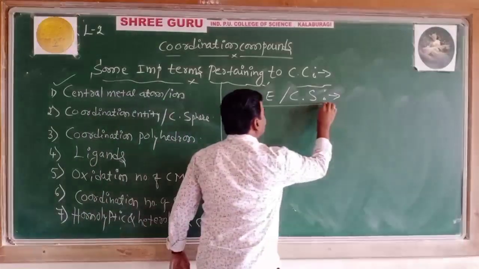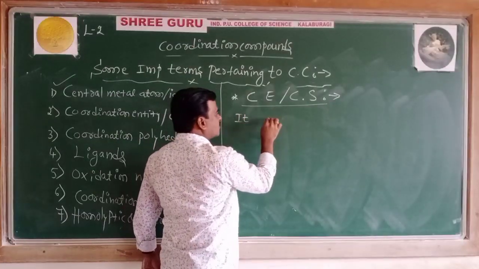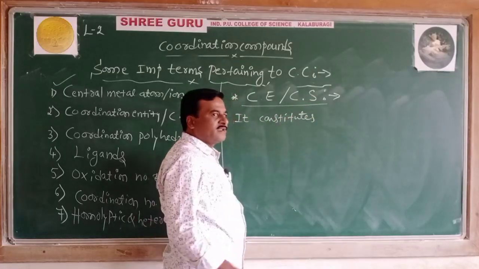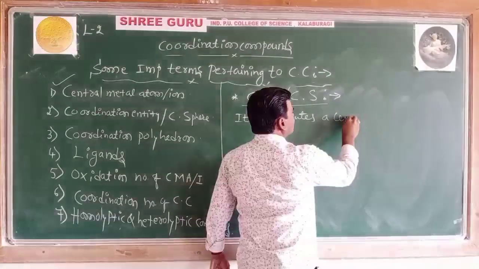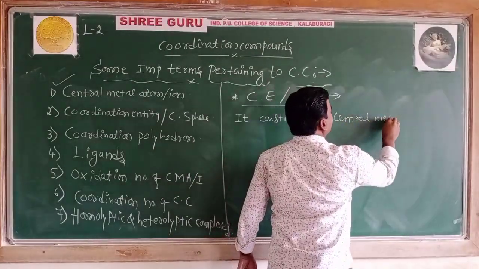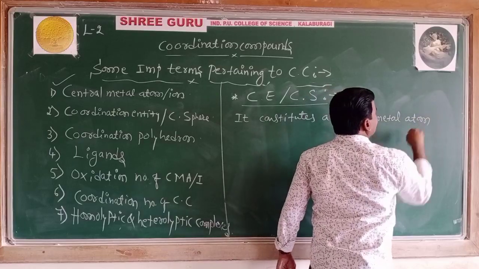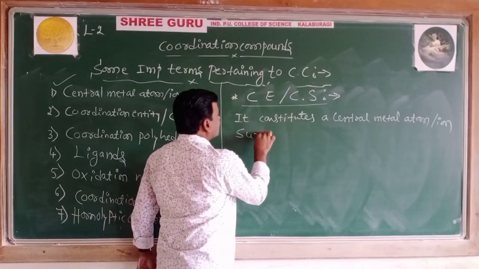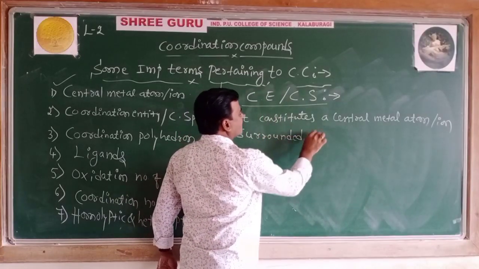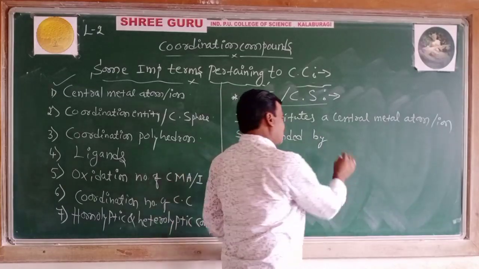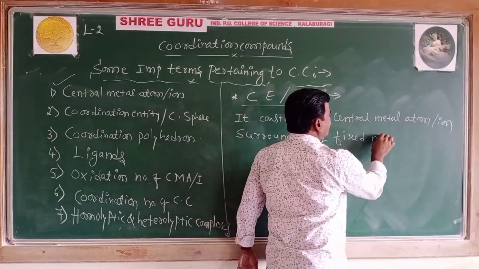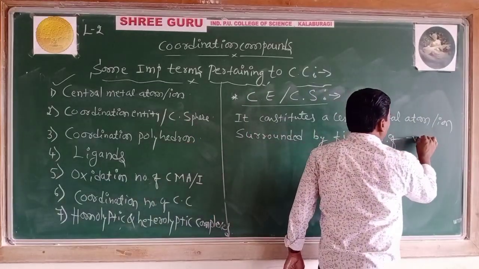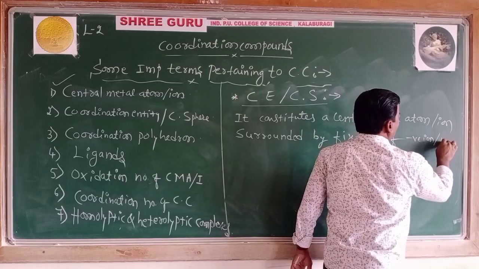It constitutes a central metal atom or ion surrounded by a fixed number of same negative ions or neutral molecules,